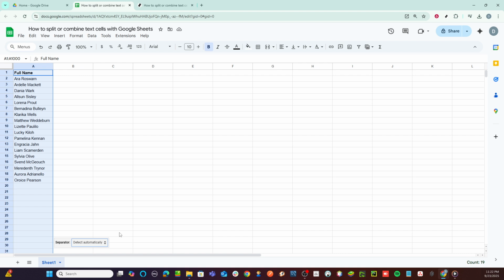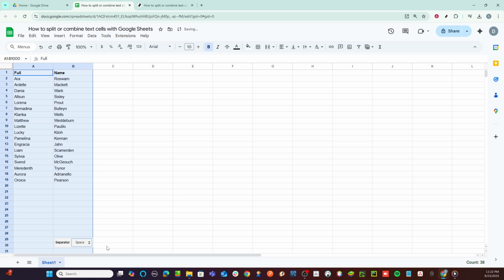Upon selecting Split Text to Columns, you'll notice a small pop-up menu appear, offering to detect automatically. Click on the Detect Automatically option. This allows Google Sheets to intelligently choose how to split the text. Sometimes, however, you may need to guide it, especially if all entries are uniformly structured. To do this manually, click on Space, which tells Sheets to treat spaces as the point at which to split text. This setting is particularly helpful when you're dealing with names such as first-last, where a space is naturally the